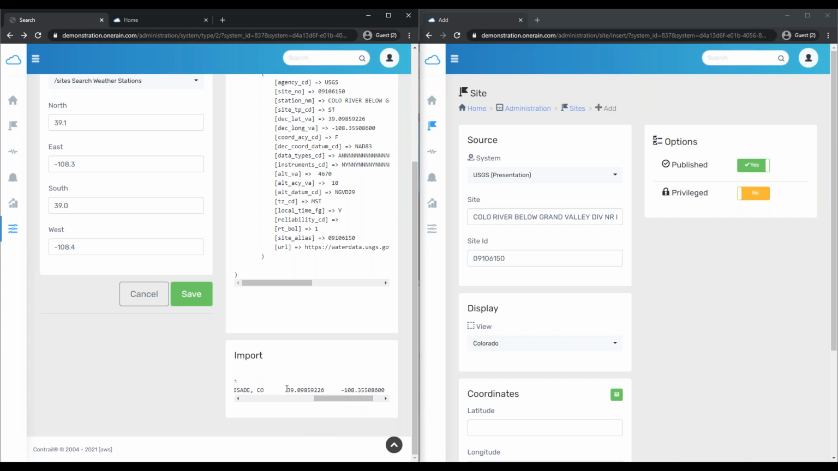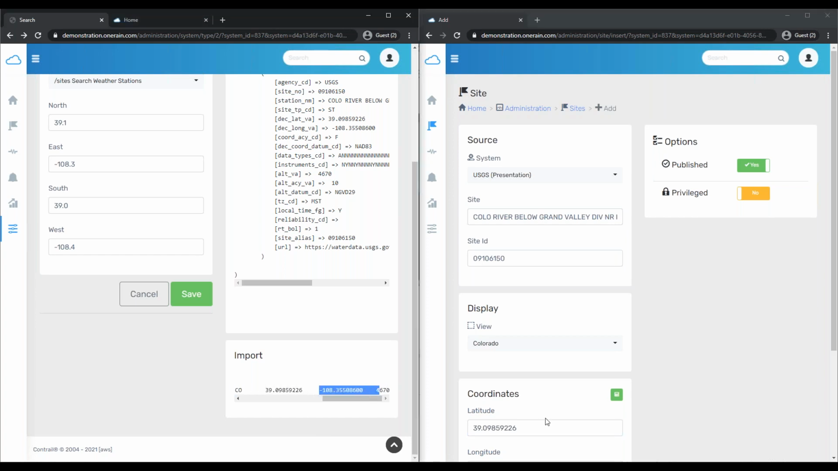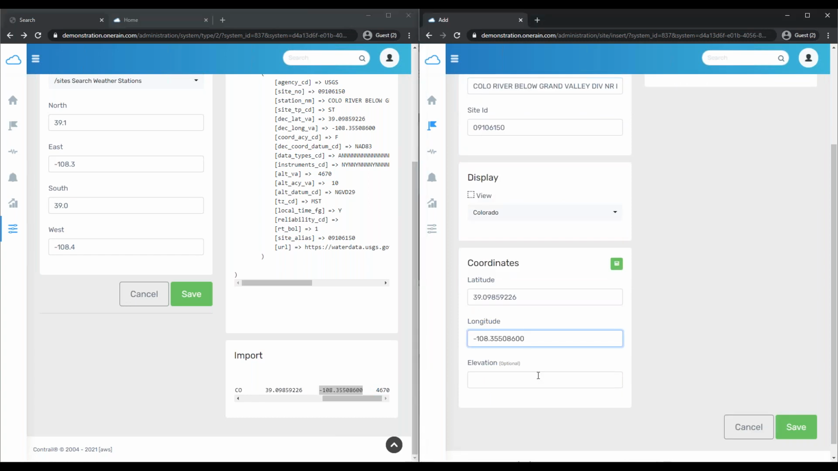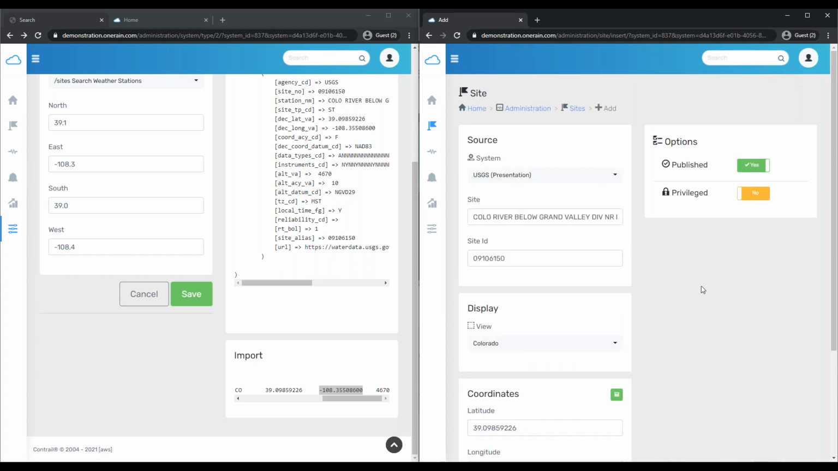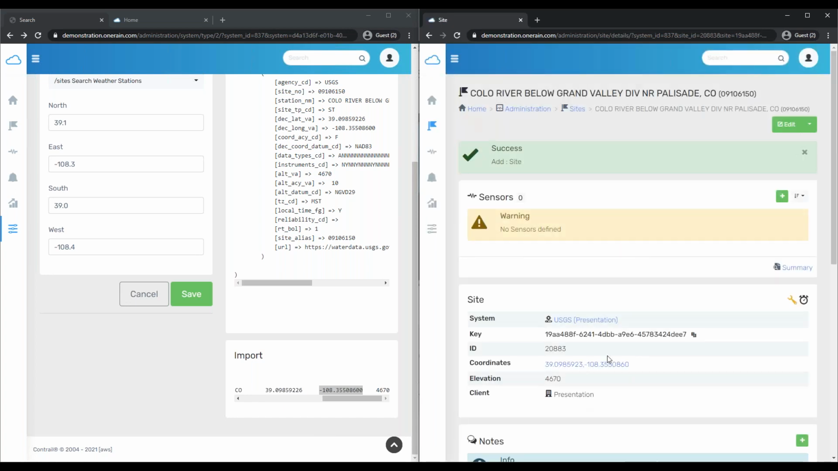That's great. So copy then the latitude, bring that over. The longitude, a little too much going on there. Copy that, bring that over. And the elevation is optional, but we'll bring that in, just to be concise, 4670. Got it. So now for the site, I can specify my options. Do I want it published? Do I want it privileged? Yes, I want it published. No, I don't want it privileged. I want y'all to be able to see what I'm doing too. So click save. Super, so now I have a brand new site in here, but there's no sensors,